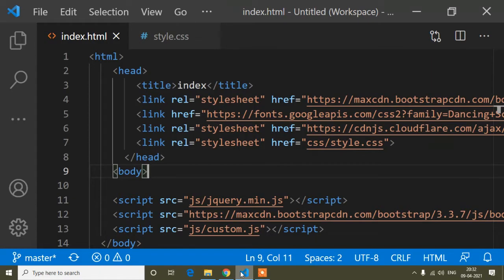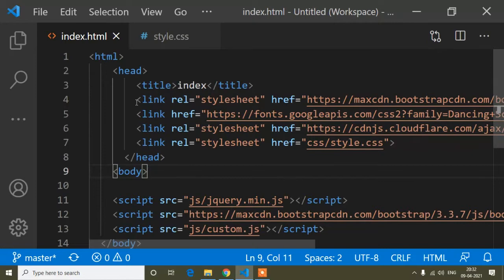So hello guys, today in this tutorial I will show you how you can create a nav menu. This will be an animated menu, and it's very simple. I will just use HTML, CSS and a little bit of jQuery. Okay, so guys, first of all, here you can see that I already opened an index.html file.